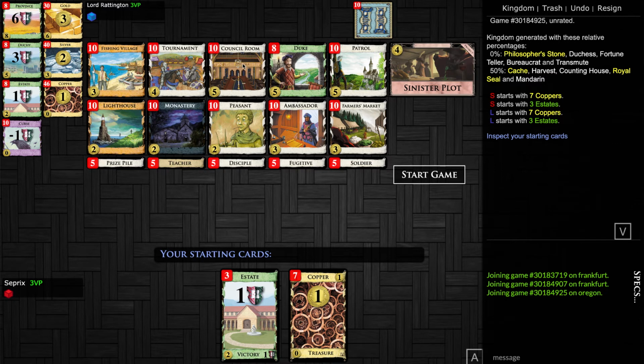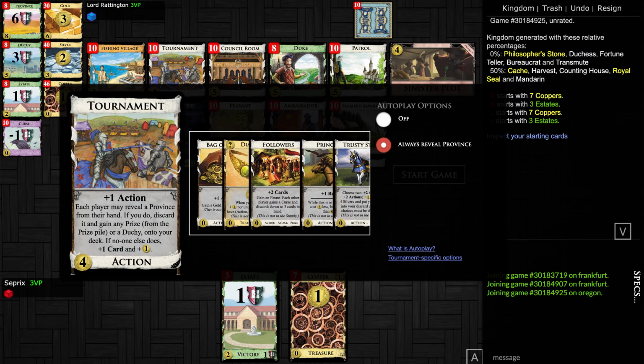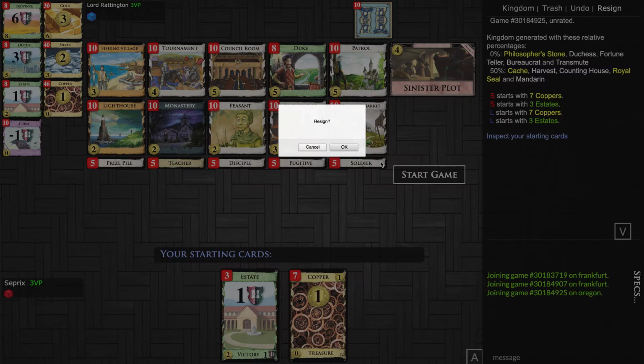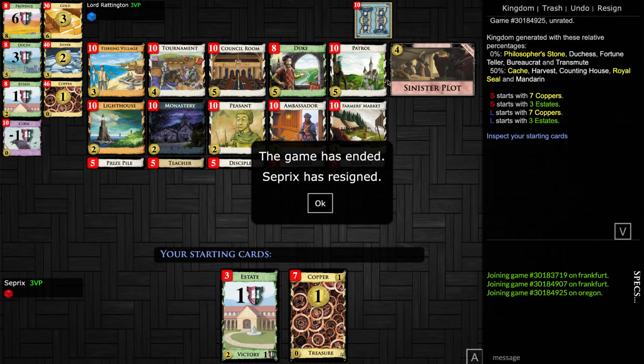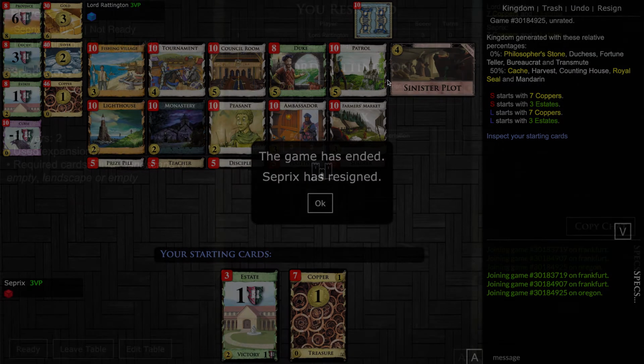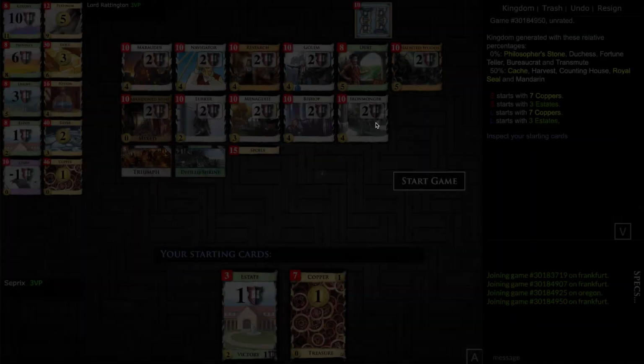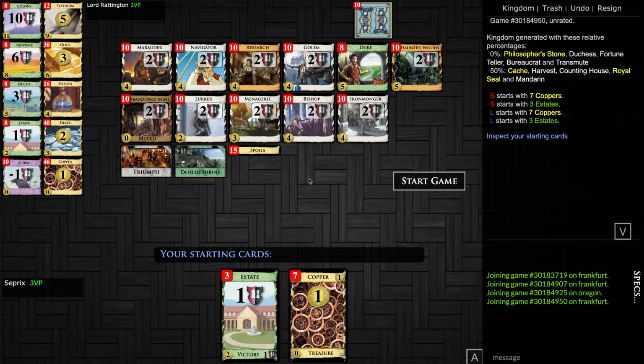There's even Council Room. You can draw your opponent tons and tons of cards and then make them discard all of them with Followers. There's Abundant Villages, there's Princess. It's suicide to play Duchy Duke here. Probably, possibly more suicide than the last board. We're going to find a good Duchy Duke board eventually, I promise. Here...